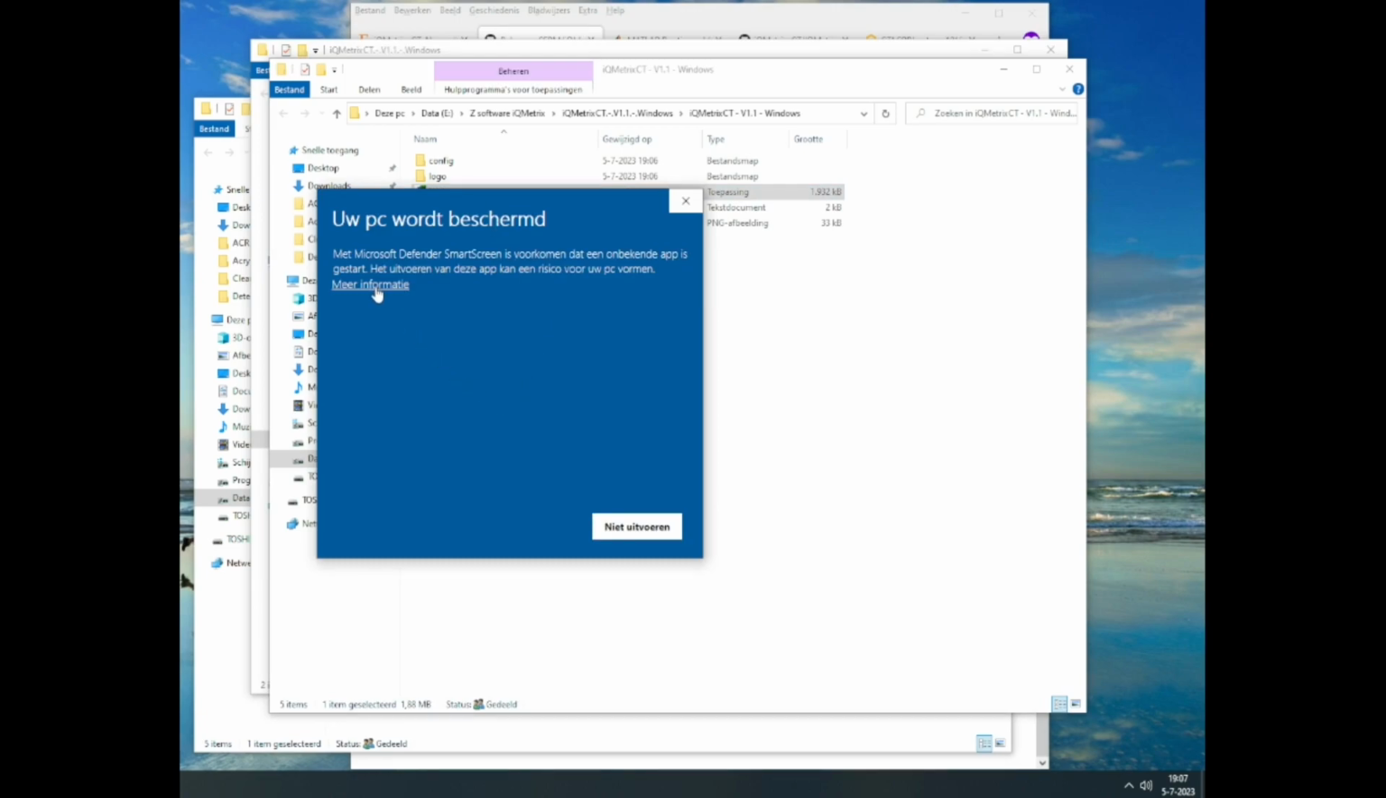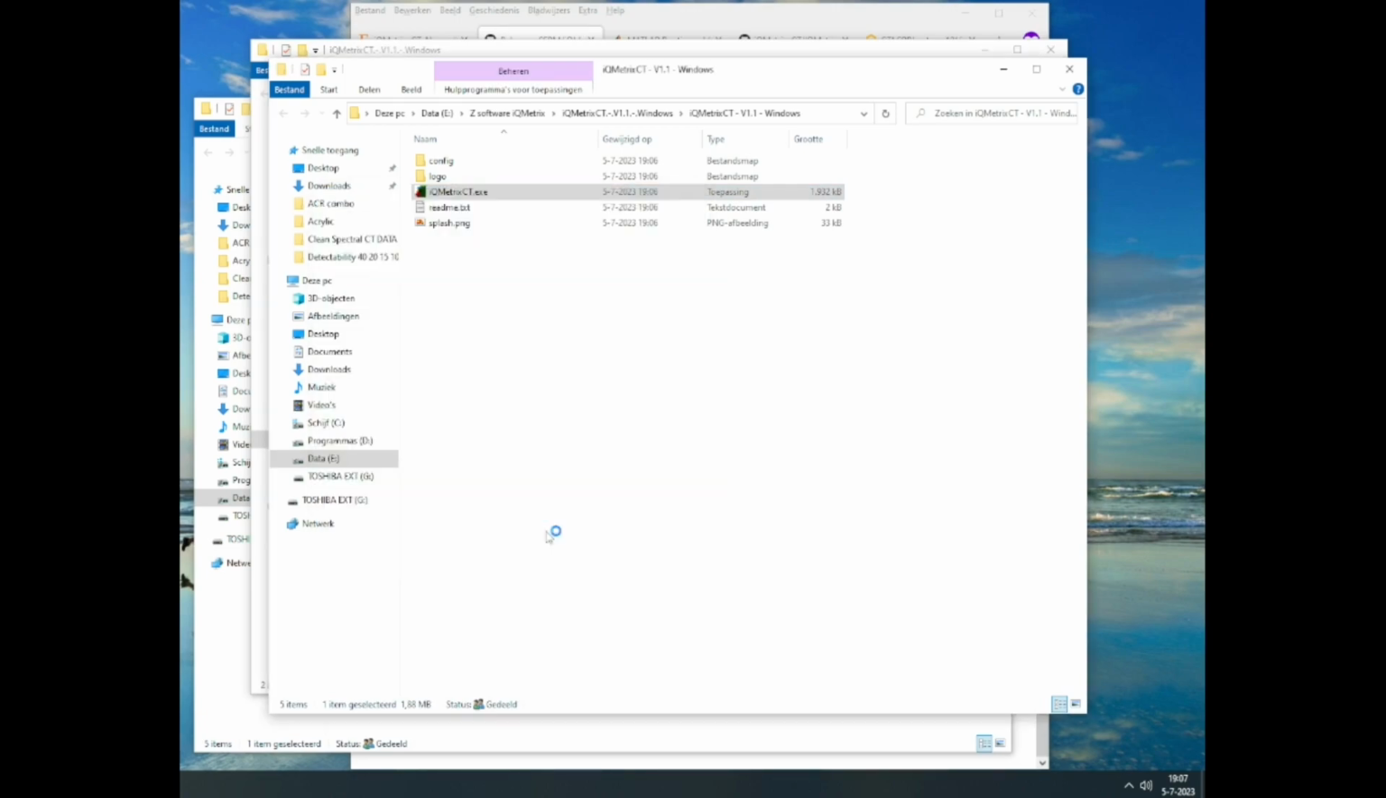Alright, so a little bit of protection about the PC. I will still execute it anyways. If you see this, it means you finally installed iQMetrix. So to save all this clicking when you want to reopen iQMetrix again,